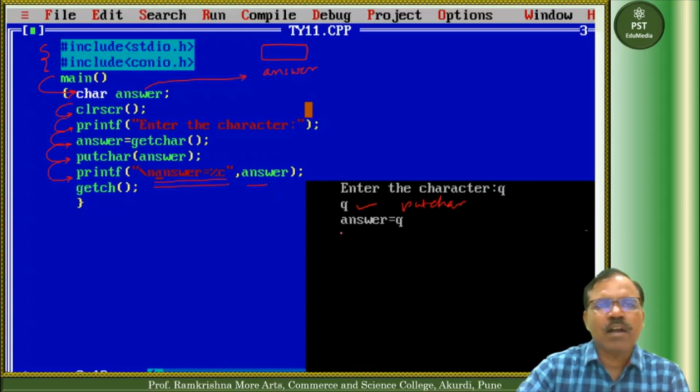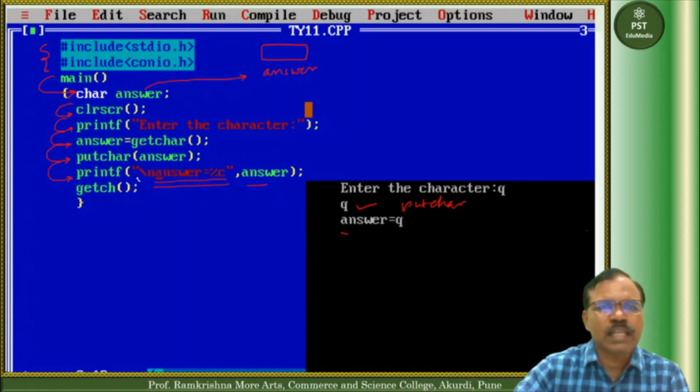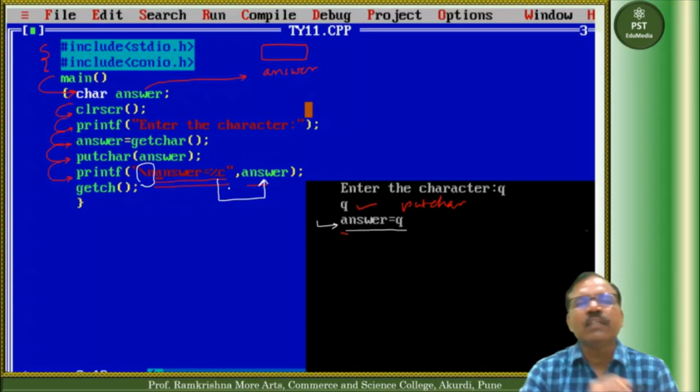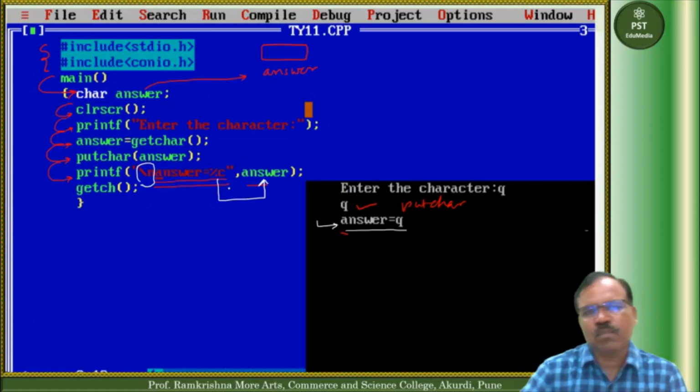And on the next line, because I have used \n before this string answer equal to, the cursor goes to a new line and answer equal to q is printed. So in place of %c, whatever character is assigned to answer is printed. In this way, the getChar and putChar functions work.